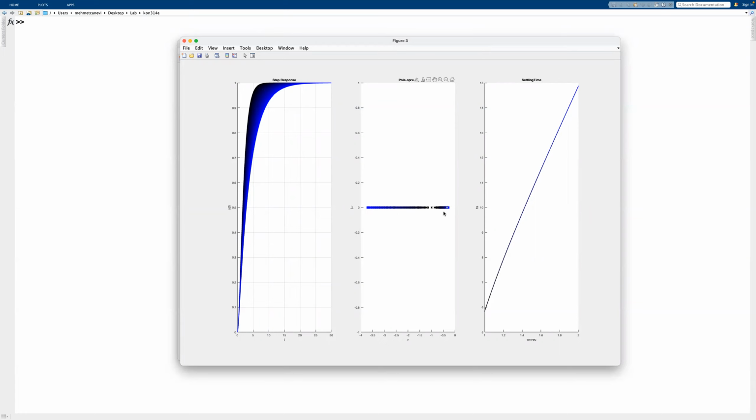You have one pole that approaches the j omega axis or the origin, and another pole that goes to the left. So one pole becomes a faster and faster pole on its own, and the other one is becoming slower and slower. You have this imbalance where one of the poles is becoming slower and the other one faster. So at some point, this part here loses its meaning because this is becoming faster. For example, if you have